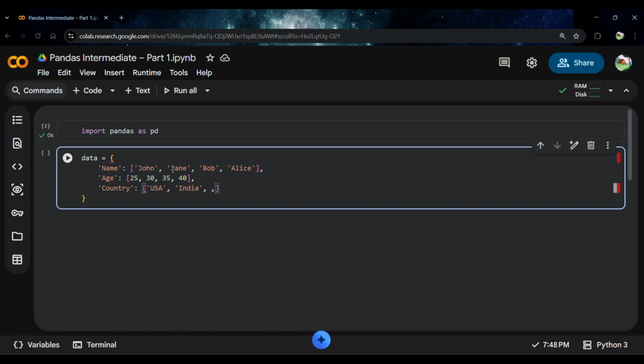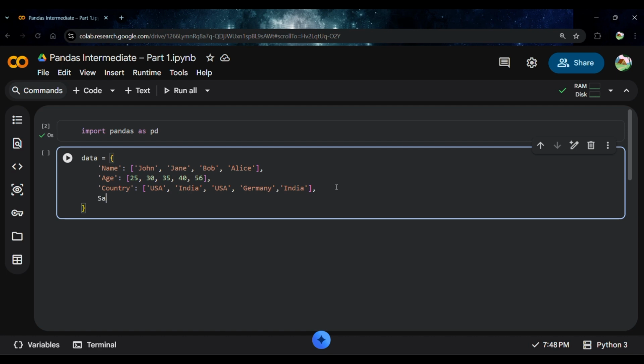Then again USA. Germany. And India. Okay, here we need to add another age. This can be 56. Okay. Now let's add